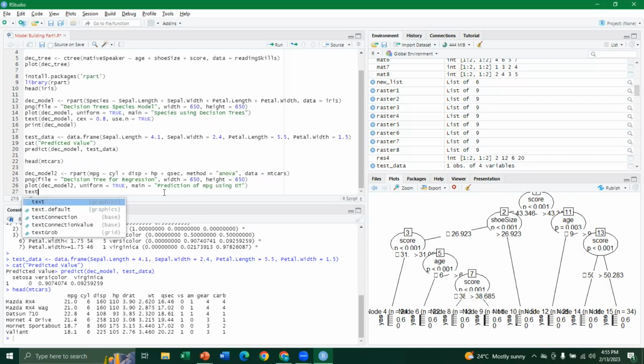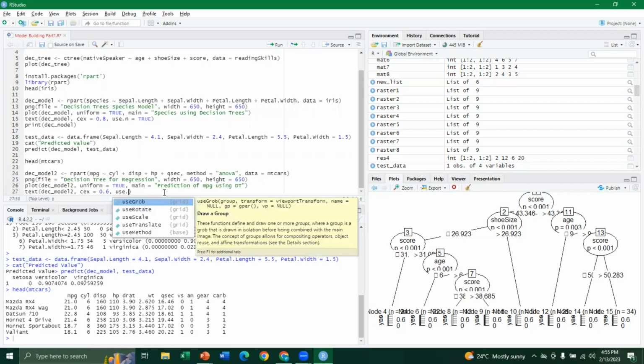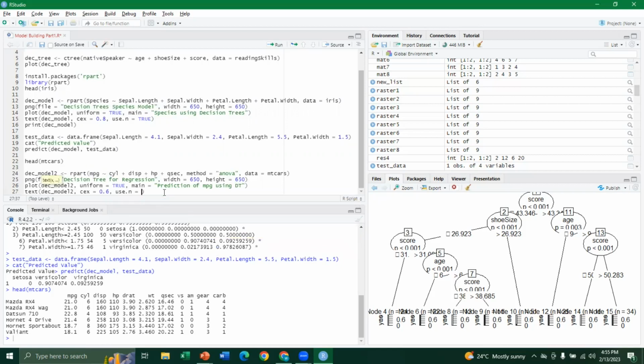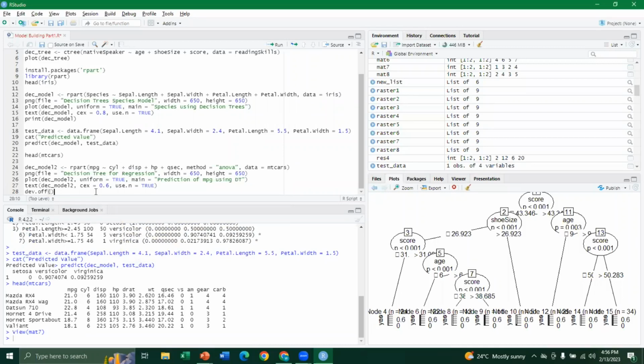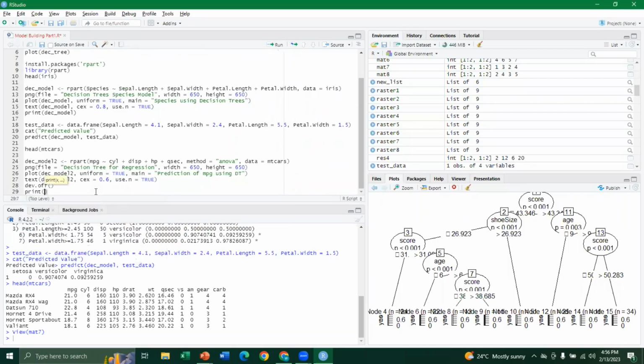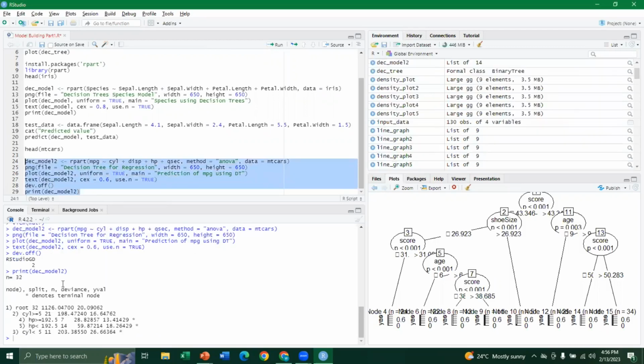And next I say text, and inside the text I pass my decision tree model 2, and I say cex equals 0.6 and use dot n equals true. And here I say dev dot off, and in the last I say print decision tree model 2. Let's run it, where you can see once again a decision tree has been created for the prediction of MPG